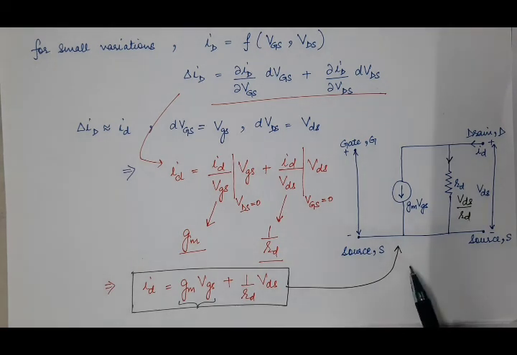So this is the equivalent circuit of FET satisfying this equation, which we have derived from the discussion of the dependence of drain current on the values of VGS and VDS. So this is all about the field effect transistor, FET, as a two-port network. And in the next lecture we will discuss how we will use this FET as an amplifier, like common source amplifier, common gate amplifier and common drain amplifier.